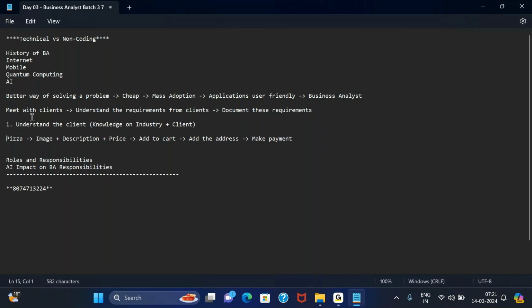Here we try to understand with the client what their business model is going to be, that they are trying to sell pizza. How are they trying to sell pizza? What are the different features they want in their application? If you look at these features, none of them are technical in nature.